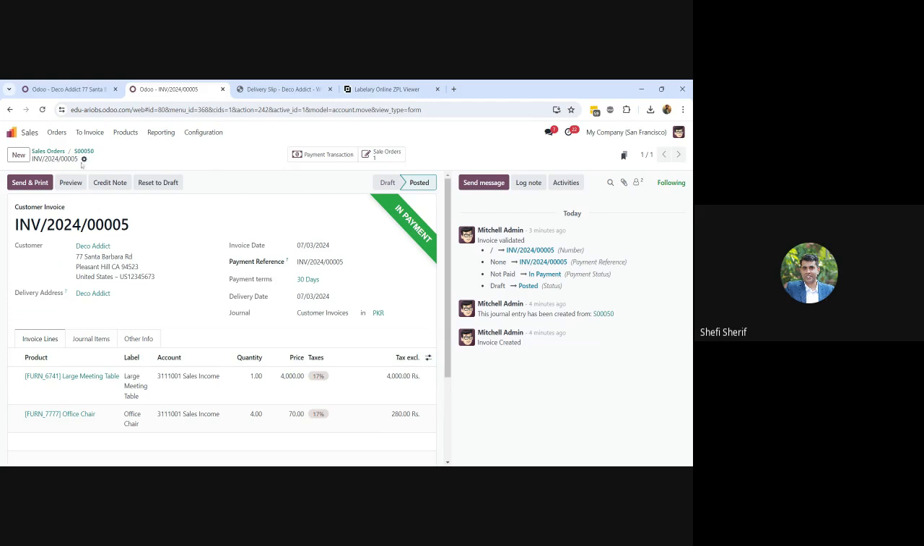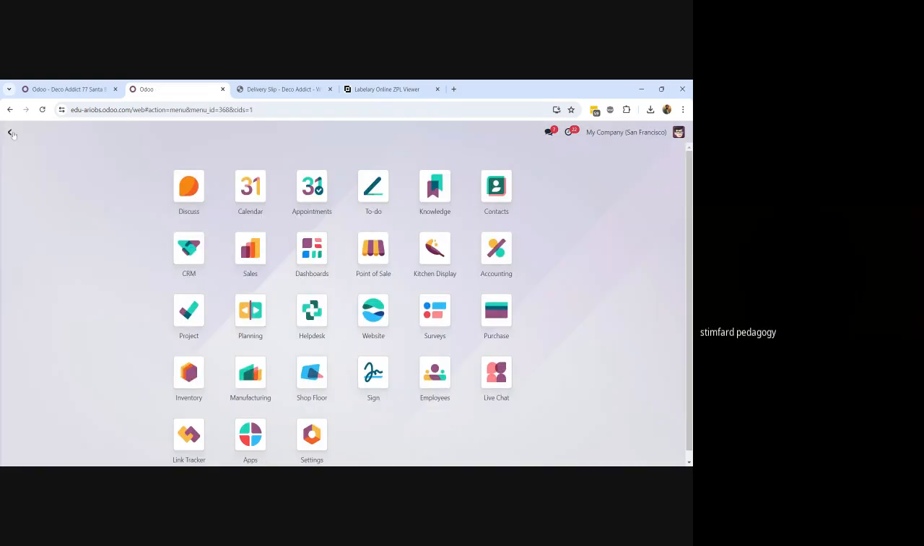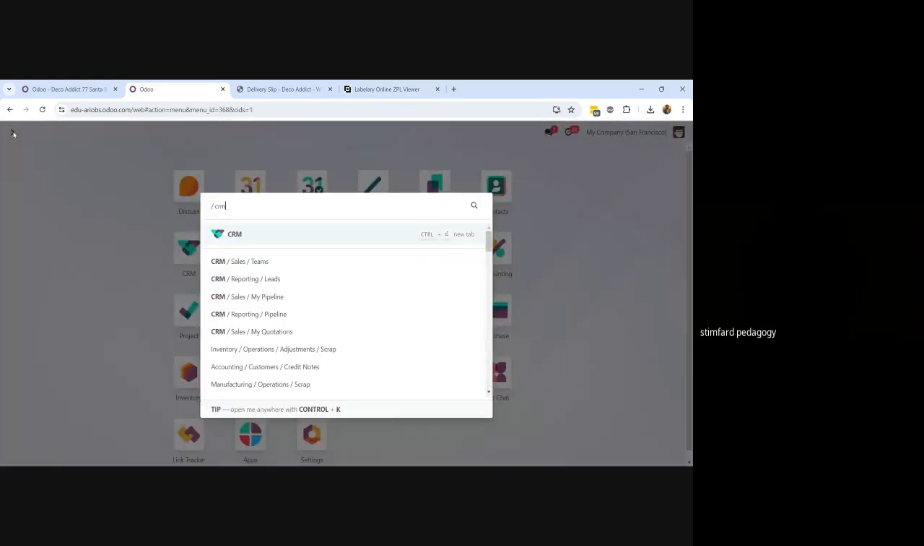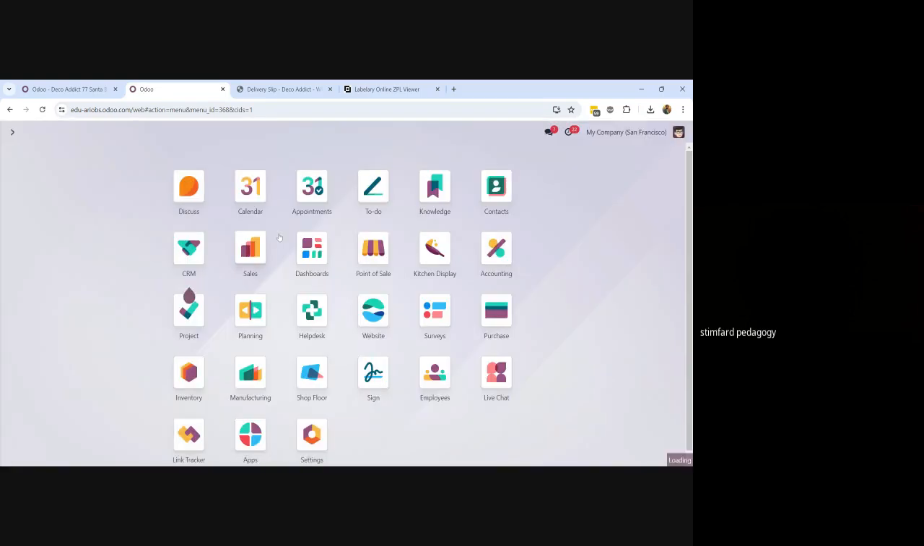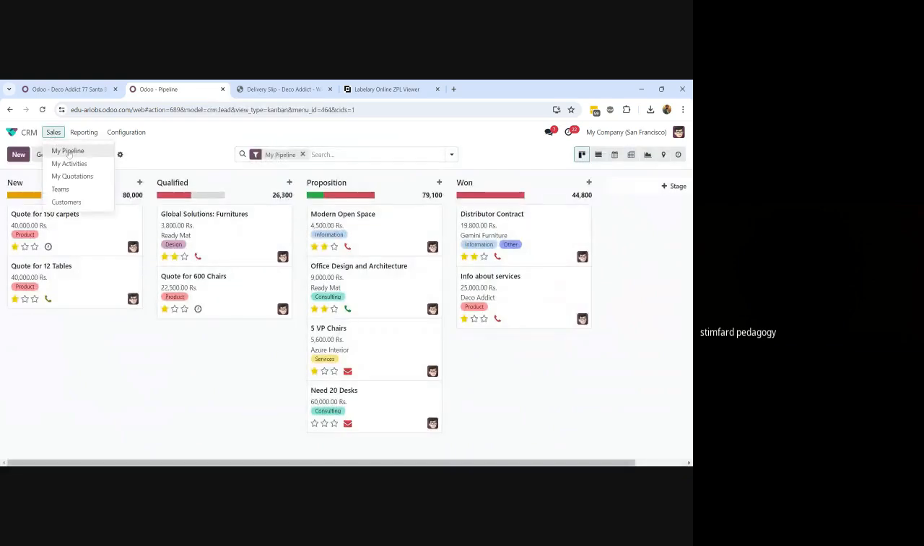And on the CRM side, we have seen the opportunities. There are some other options. Let me show you and close this as well. On the CRM, the process basically starts from the leads. You have to create the leads in the CRM. So if I go to the CRM app,